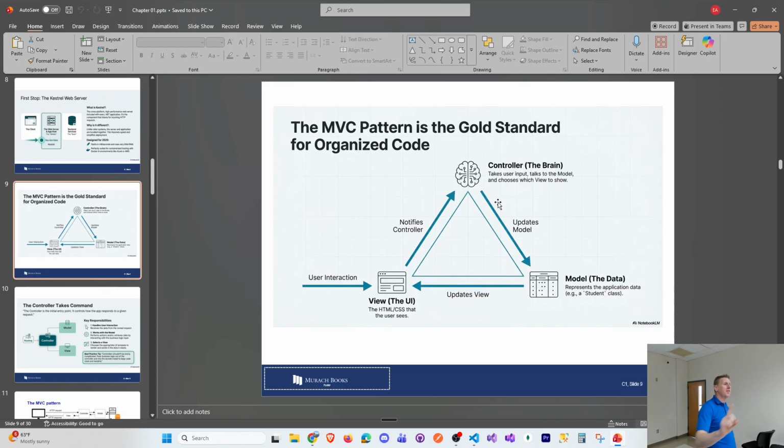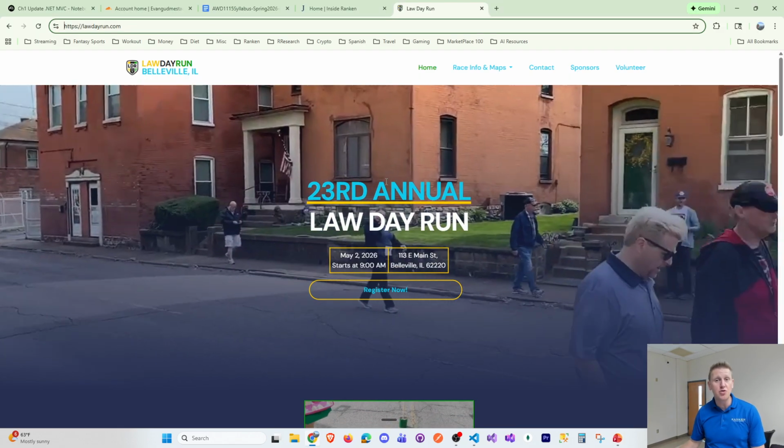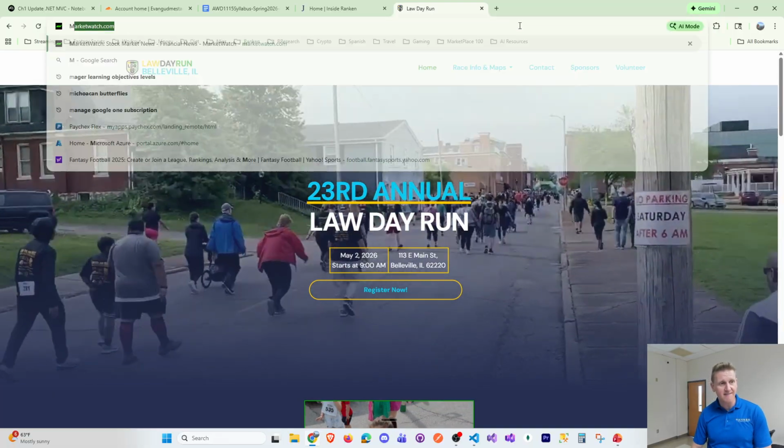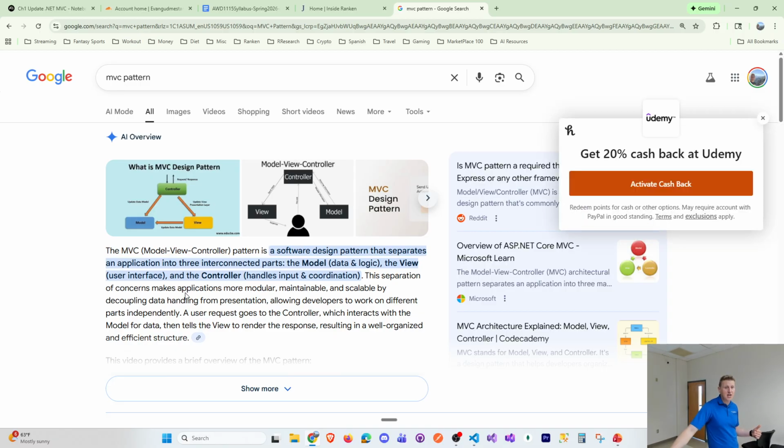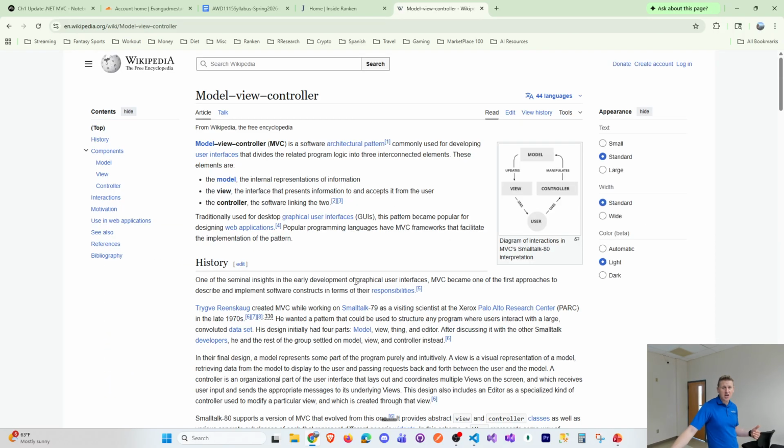One more thing I want you guys to realize about MVC. Number one, MVC is the gold standard for separation of concerns and organized code. Number two, MVC has been around a long time. Check it out. Model view controller, MVC pattern. The MVC pattern existed before .NET days. It goes back to the late 70s. So what's beautiful is that you can learn MVC in .NET and you can apply MVC in Java, right? It is cross